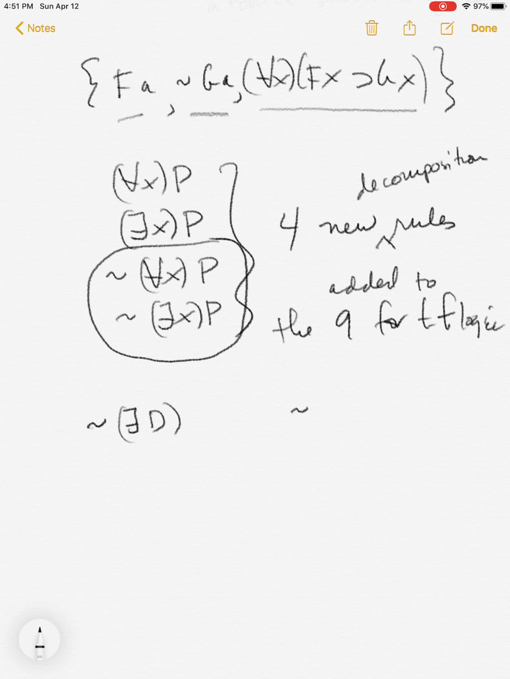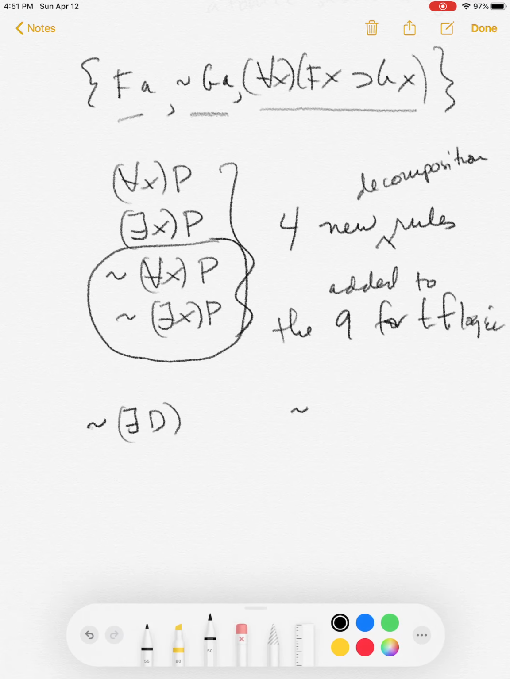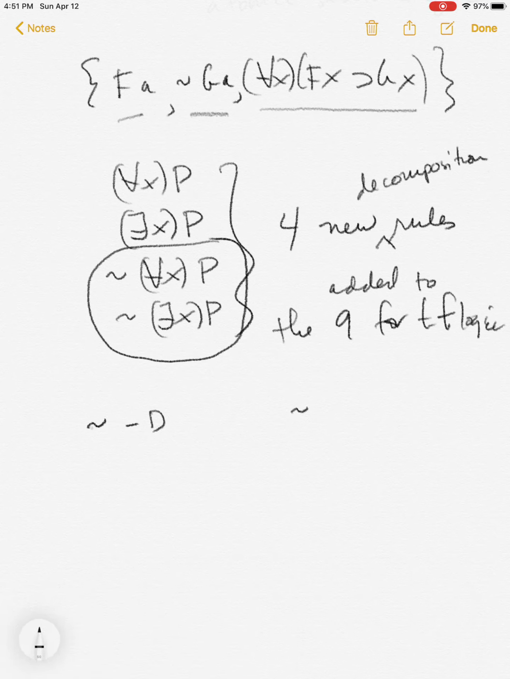So let's think about, I don't know why I put those in there. Let me get rid of those. Negation existential decomposition and negation universal decomposition. Okay, so